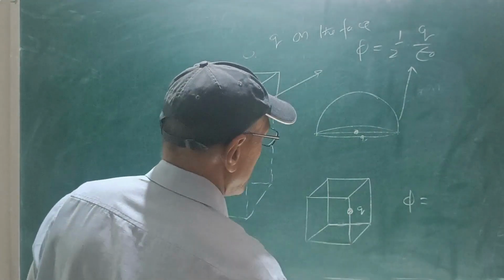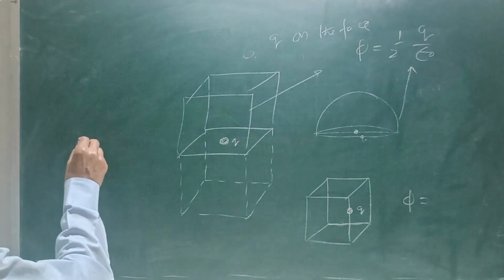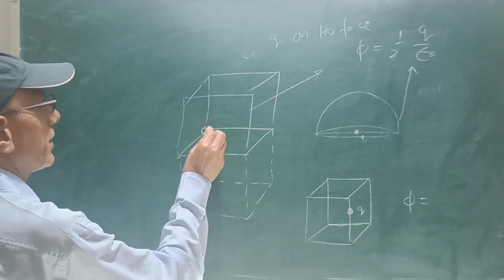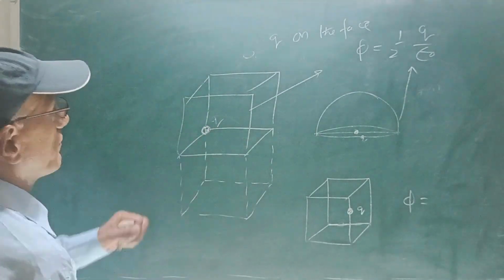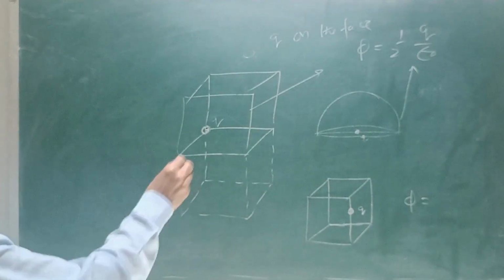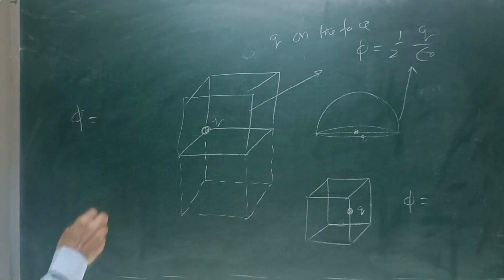One more. If this charge is placed at the corner here, then how much flux will be passing through this? So in that case, the flux will be